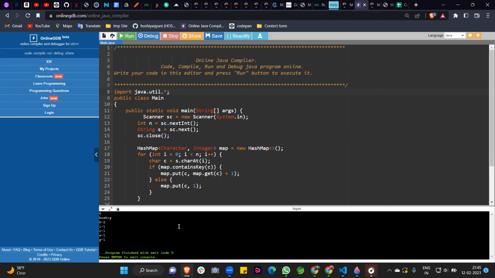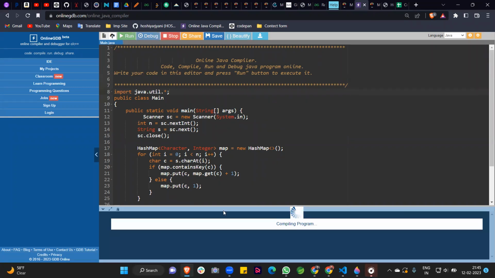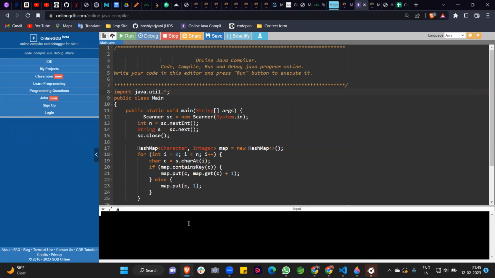So after entering, you can see here H is 2 times, I one time, O one time, S one time, Y one time. So these keys are arranged in sorted manner. And the examples that are present in our question, we also apply the same for AMA and AMAN. So you can see here A 2 times, M 1 time, and N 1 time.